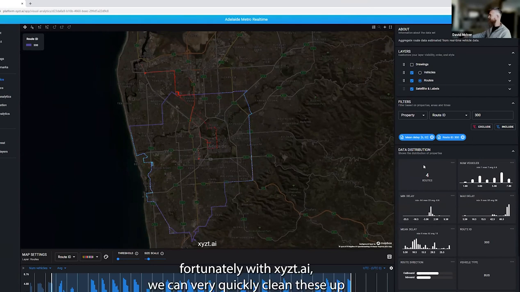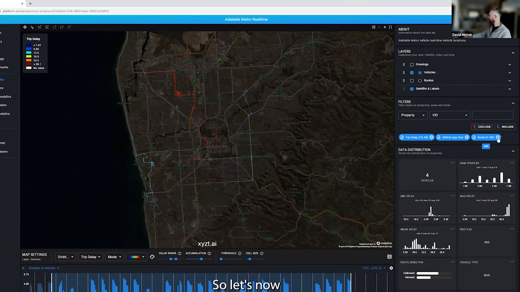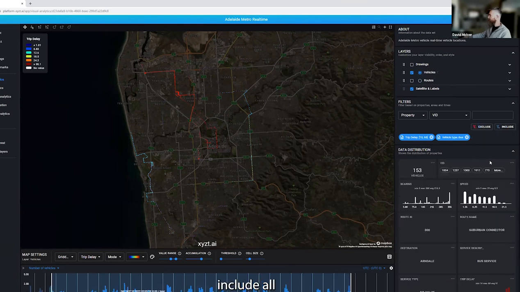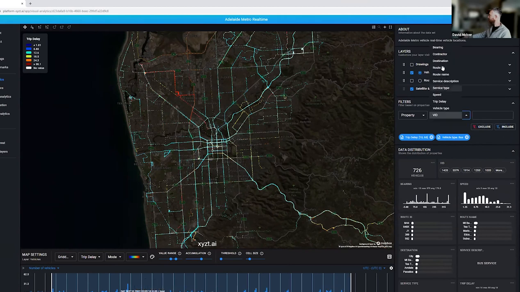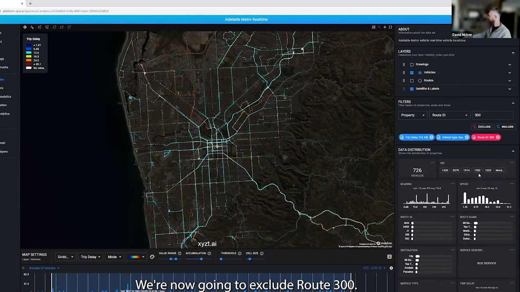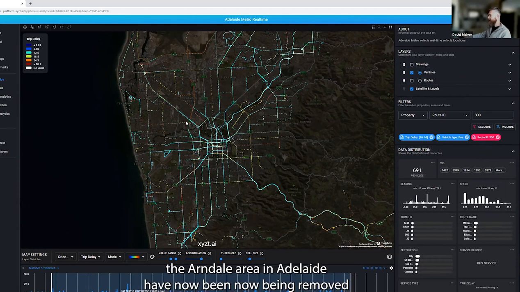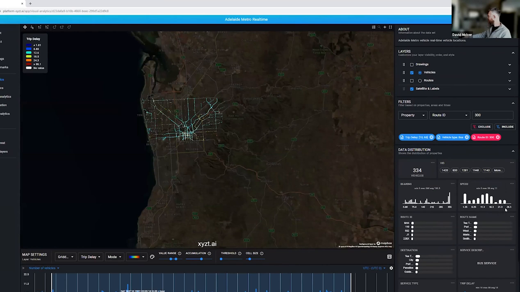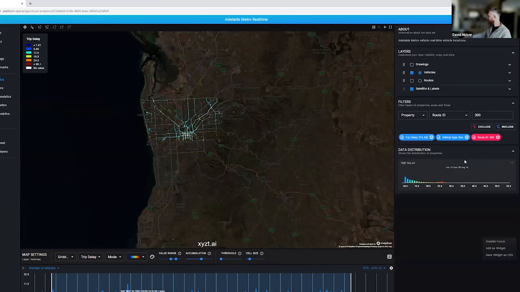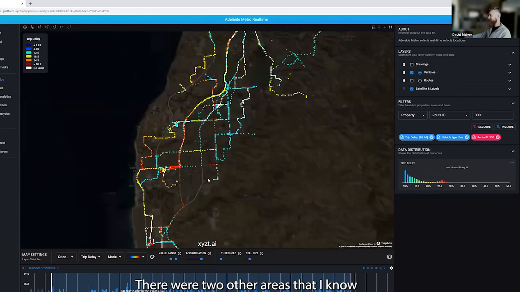Fortunately, with xyzt, we can very quickly clean these up by removing, in this case, we're just going to filter out the offending routes. So let's now include all of the bus data, but now we're going to exclude route 300. So you can see the areas of large delay around the Arndale area in Adelaide have now been removed. And now our trip delay profile is starting to look a lot more reasonable. There were 2 other areas that I know from investigation,